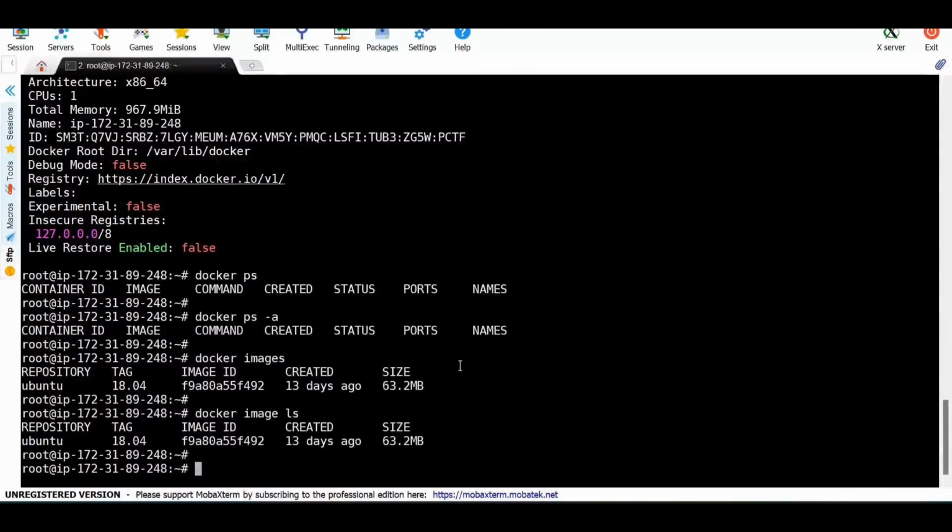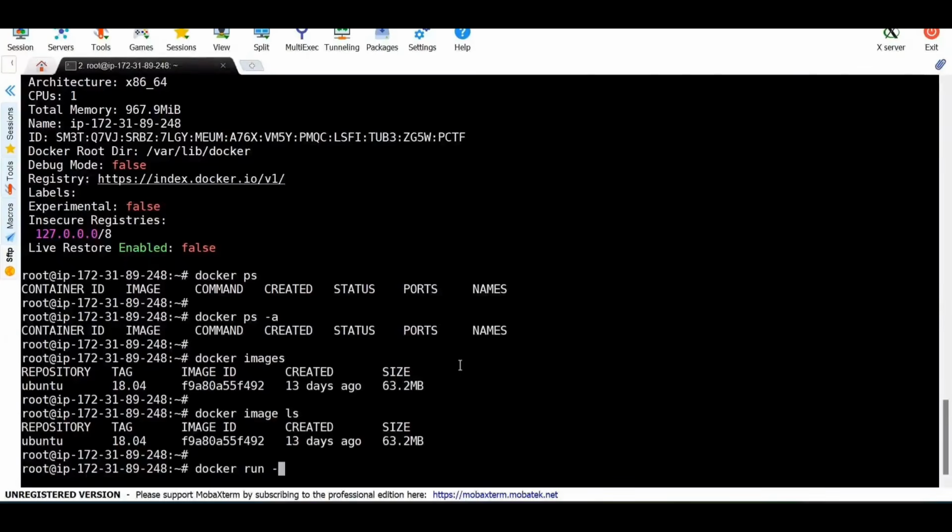What is this container command? The run command. What is the definition of a container? A running instance of an image. You have to start it, then only the container will be running. From where? From the downloaded image. So docker run. And yesterday I was talking about hyphen